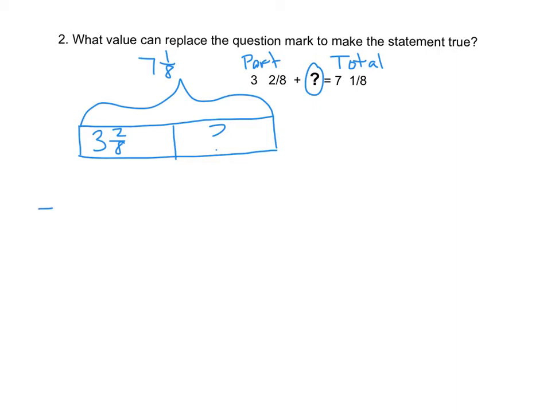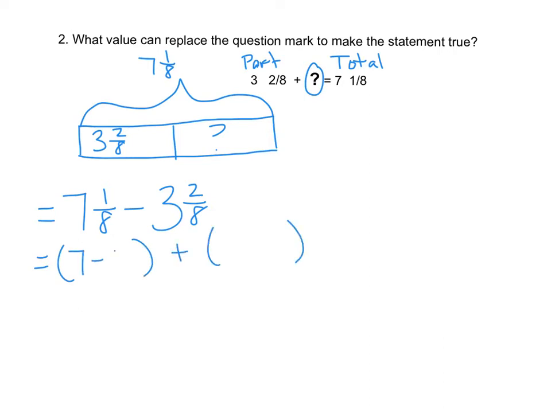So we have 7 1/8 minus 3 2/8. Well, just like we've been doing in class, I'm going to separate my wholes from my fractions. So 7 minus 3, 1/8 minus 2/8. And what's nice is I already have a common denominator, so I don't have to change that. I'll just be able to hopefully subtract. So whole number, 7 minus 3 is 4, plus